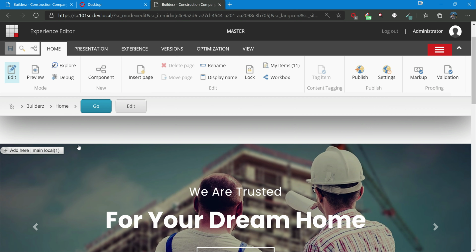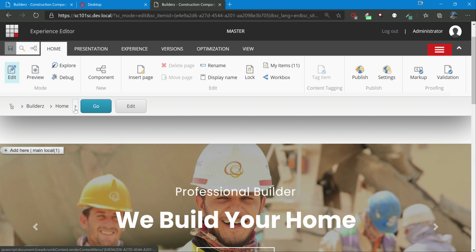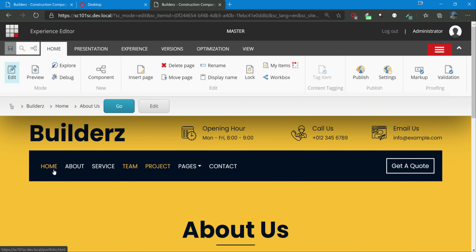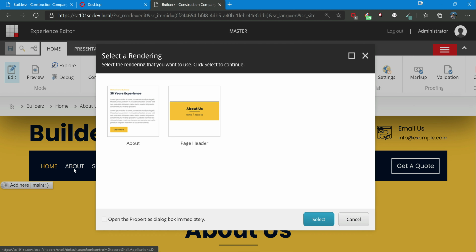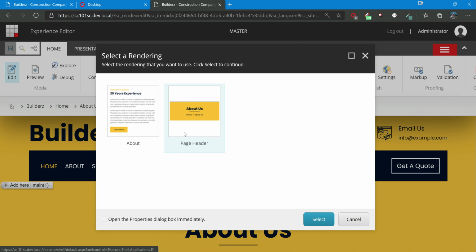And as it is set at the rendering level, it does not matter which placeholder setting it is using. For all the placeholder settings, all these thumbnails will be available. So if you go to the about us page, just go here and enable it, and you will see it here as well. So this is a high level overview of placeholder settings, as well as the use of thumbnails.